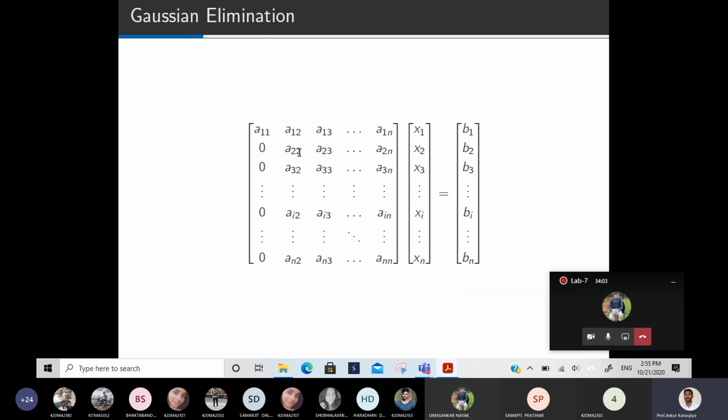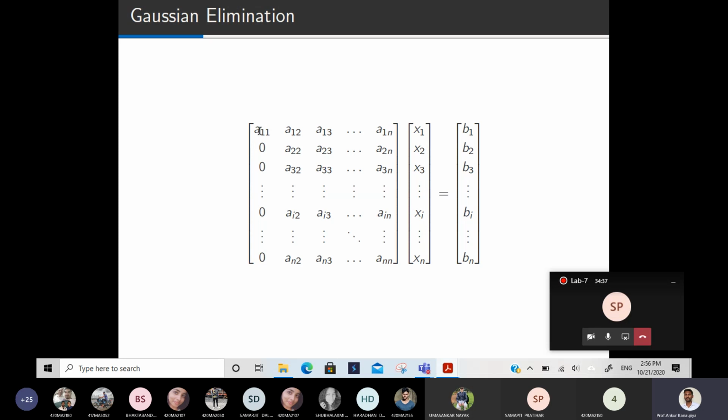So now this a22 is non-zero. I am assuming in this process this is non-zero. If it is 0, then what we will do, I am not telling. For the timing, we are assuming this is non-zero. Now can you tell me how to make this entry 0 with the help of this a22? Suppose you want to make ai2 zero, then which row operation will you apply in the ith row? ai2 minus a22 by a22 into ai2. Yes, so this entry will become 0. The same row operation you will apply to ai3, ain and bi.